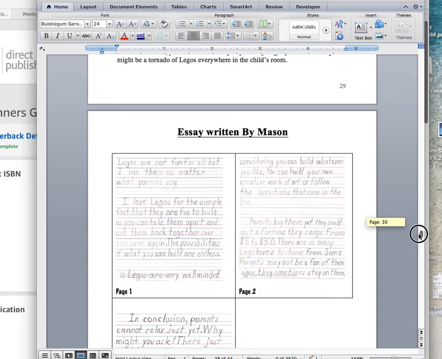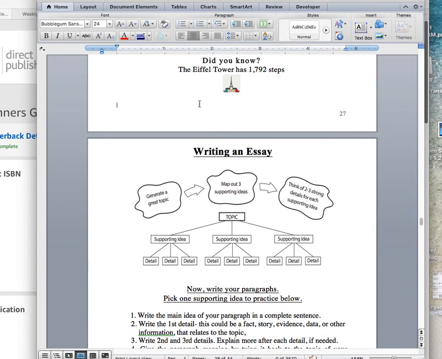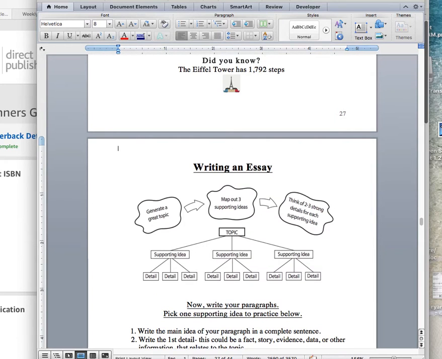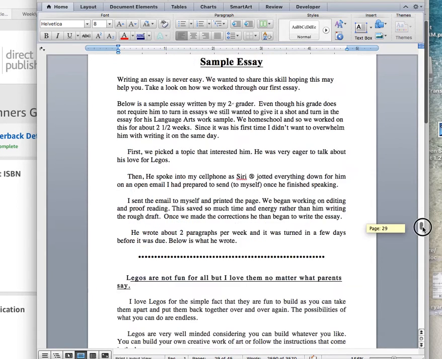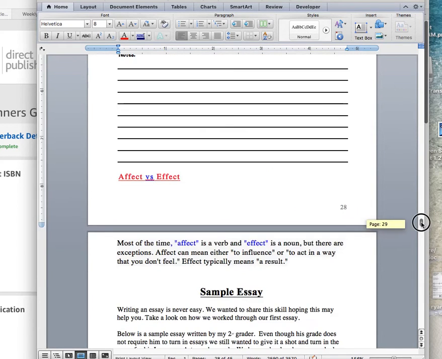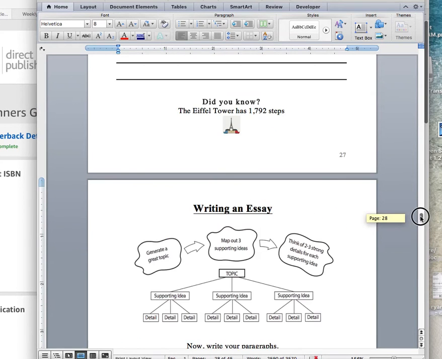I just got to be careful because when I go to page 27 to bring it down, I got to make sure everything else is balanced correctly. You see how it's not right here? So now I've got to go, oh wow, all this is off. So I have to really just make sure that